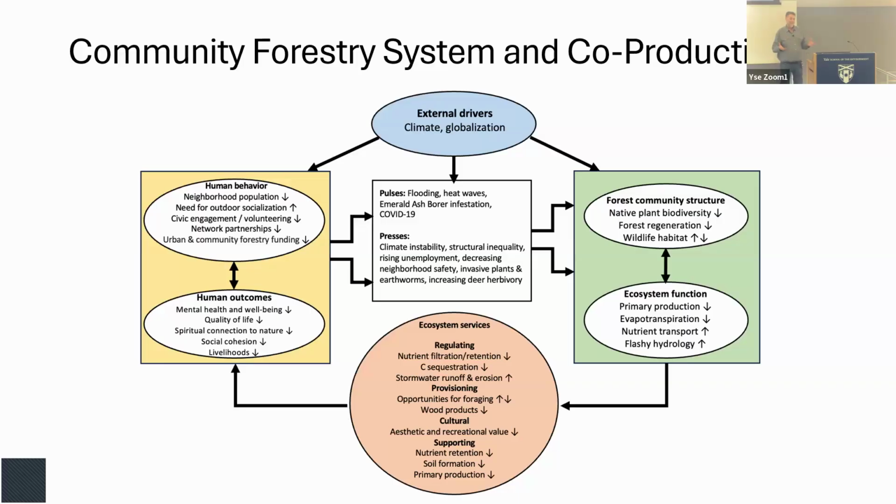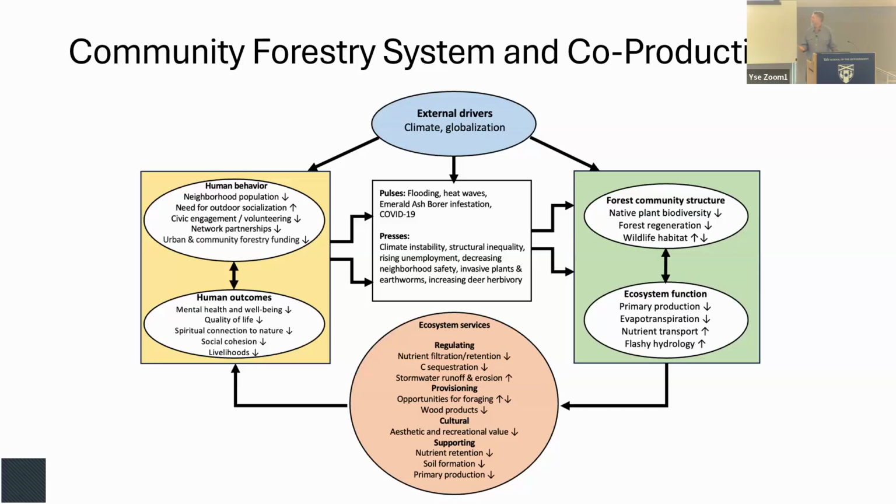And so this is a figure that should look familiar to some people who have worked for a long time with the National Science Foundation, the press-pulse diagram that came out of the LTER program. And part of my point here, and I think it's a fundamental idea to doing community forestry, is that you need a way to organize everyone's different perspectives on what is going on and see where there is commonality, and how we can come up with one solution that solves many problems, as well as where there are some things, you're not going to get everything you want. You may get nothing that you want. You don't know that until you start to put these things together.